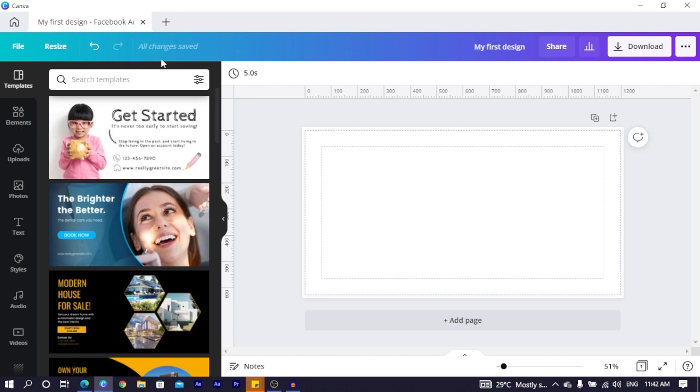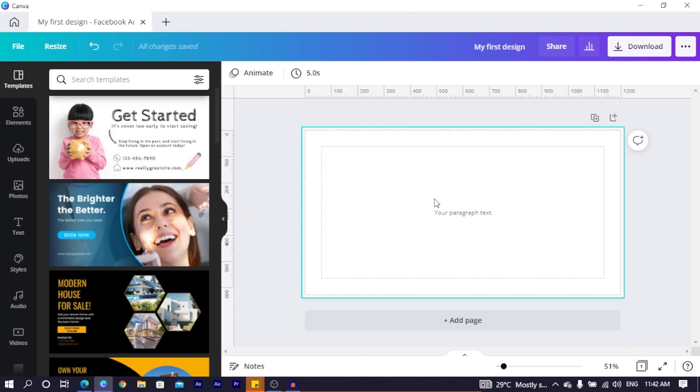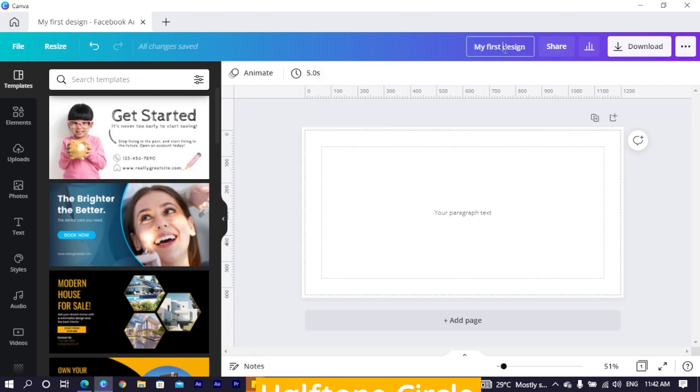I believe you know what the undo and redo is. If, let's say, I add a text over here and maybe I don't want the text anymore, I can do undo. If I still want the text, I do redo. Then you can also rename your design over here. You have the share, which we'll look at later on, and this is something interesting Canva added recently, which is